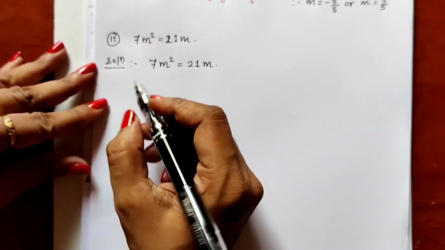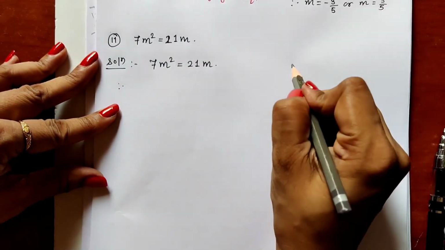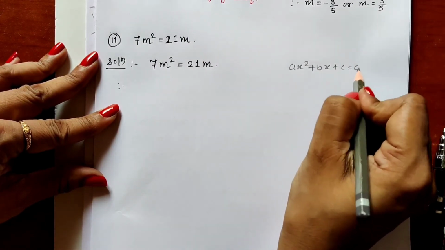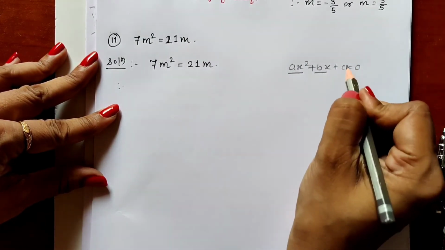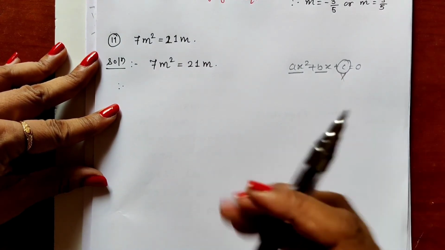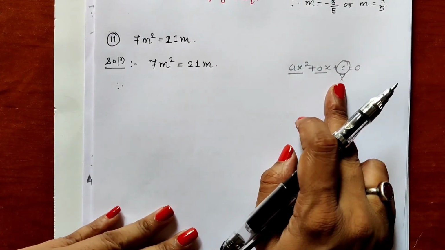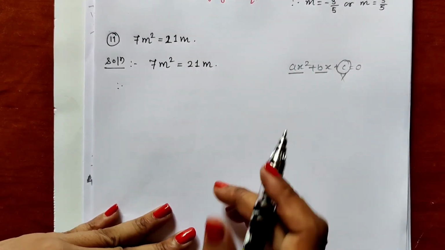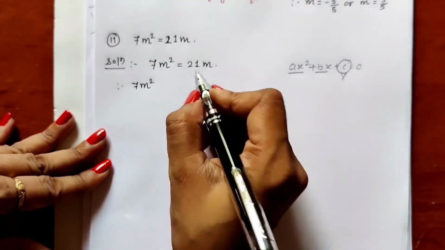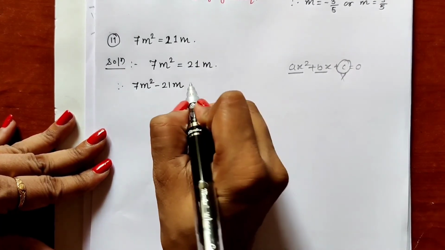In such cases, when the general format of the equation is ax square plus bx plus c is equal to 0, and we are given the first and second terms but the constant term is not given, we cannot factorize by splitting the middle term. We cannot factorize by the constant term either, because it is not given. So in such cases, what should be done? I write 7m square as it is, and bring 21m to this side, so it becomes minus 21m is equal to